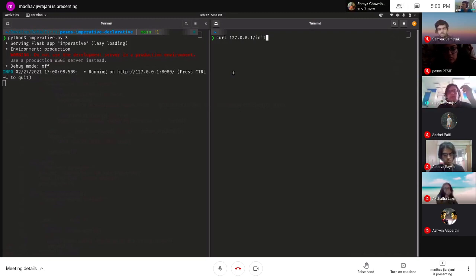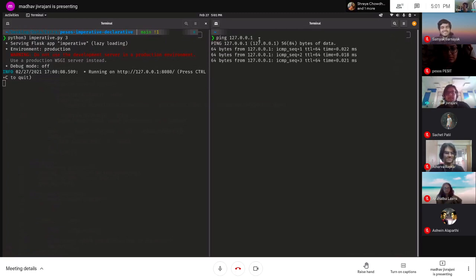But in loopback, it goes into the kernel first, and then the kernel loops it back up to the user, and it's basically for you to test stuff out on your local system. So that's the IP for it. If you want to ping yourself to check if you are alive for some reason, you can just do that, and it'll give you responses back. So that's what's happening right now.